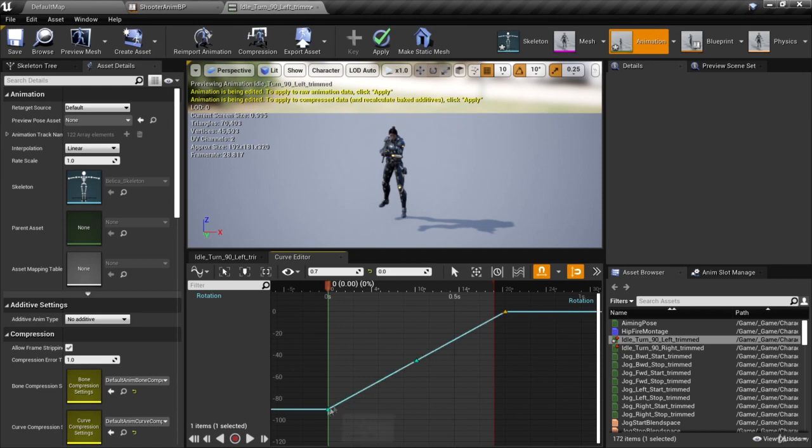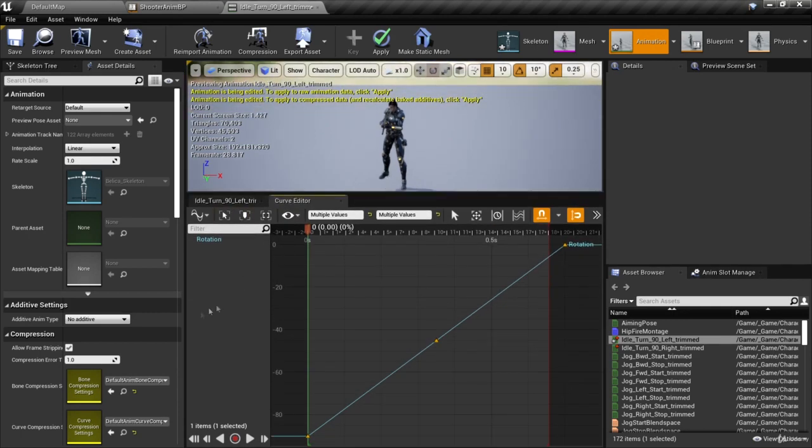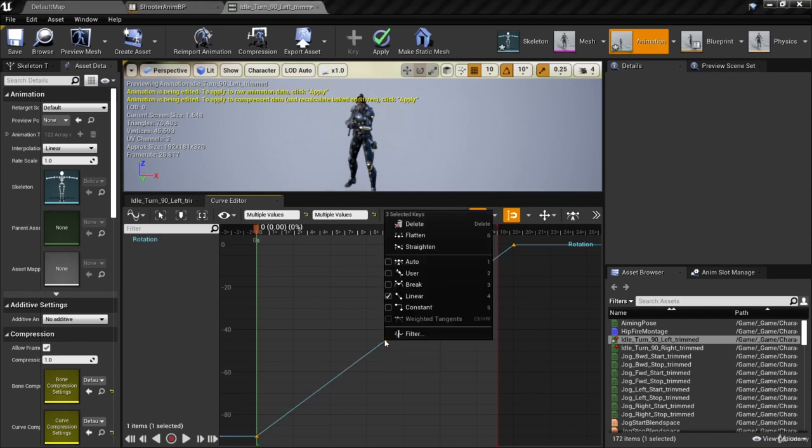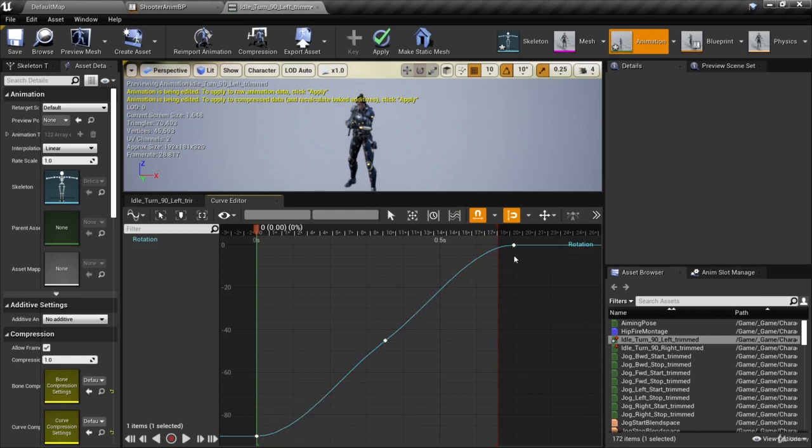So here's our curve. It looks like a straight line. Now click and drag to highlight all 3 of these, and up here where it says zoom to fit, we can click that. Now we have this zoomed to fit our 3 points. With all 3 of them selected, we can right click on any one of them and select auto, and this gives us a nice smooth curve. And of course we can click on any one of them and alter it so that it looks nice and smooth. This is the curve that we want, something nice and smooth going from -90 smoothly up to 0